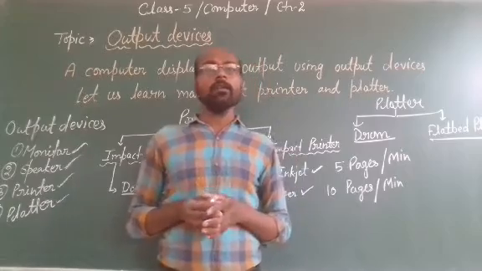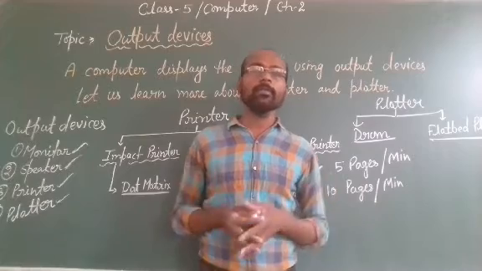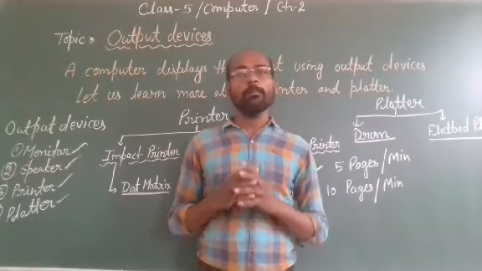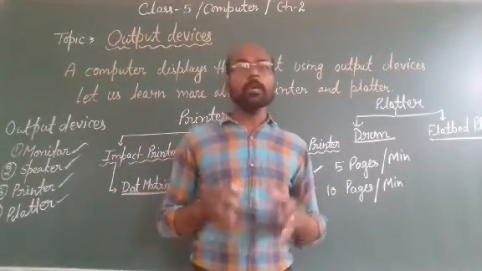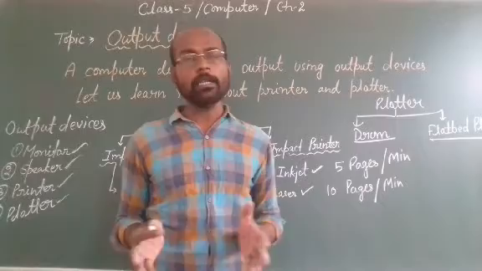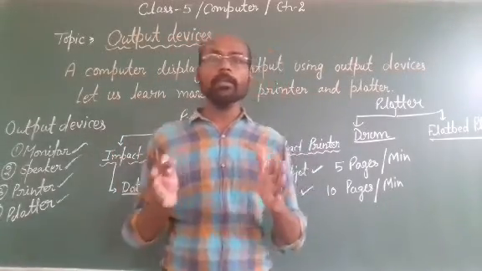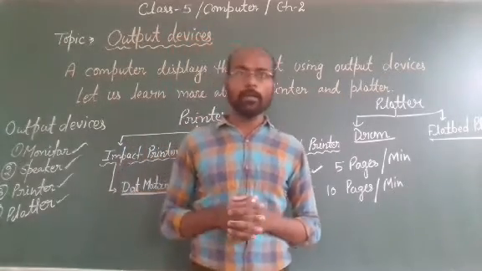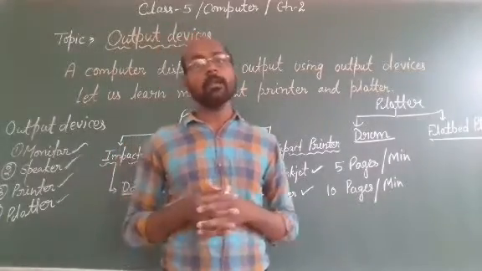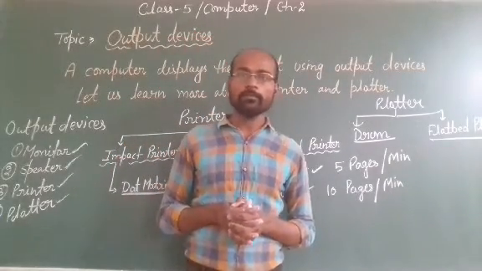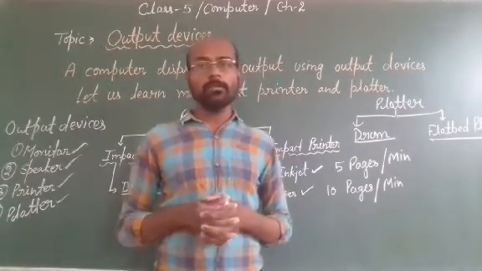Flatbed plotter, students, is a graphic plotter that has a flat surface on which the paper is placed. It draws by moving a pen in both horizontal and vertical directions over a sheet of paper. The flat surface of the plotter is called the bed, and the size of a drawing is determined by the size of the plotter's bed.